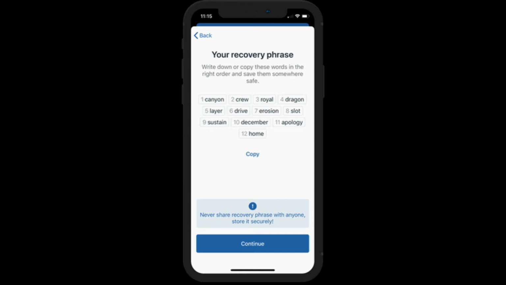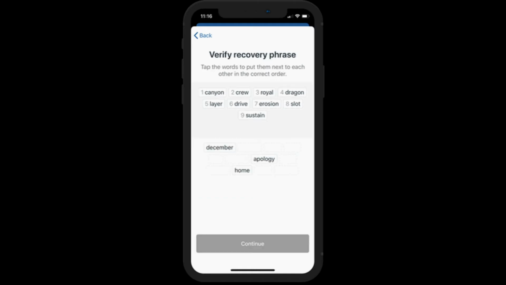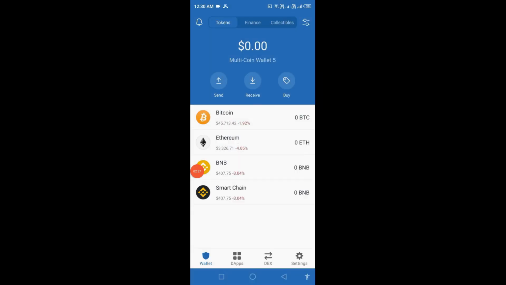So first click on this copy button. It will copy your 12 words, and you have to make a note of it in your personal diary or anywhere safe, along with the correct order represented here. Once you have saved your recovery phrase, click on the continue button. On the next page, it asks you to arrange these 12 words in the correct order that was shown before. So you have to arrange them in numerical order, 1, 2, 3. Once you arrange these 12 words in the correct order, you can click on the continue button. After that, your multi-coin wallet is getting created.